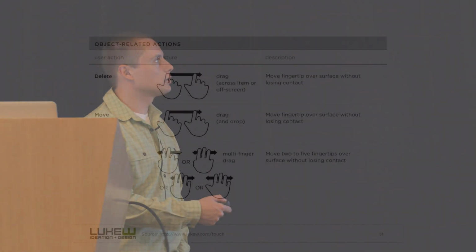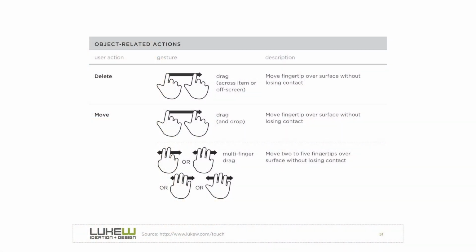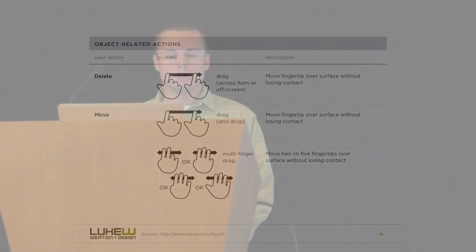If you look at object-related actions, swiping across an object generally is a delete function. And then you have navigation features around how to move things and move through things. So I won't dwell on this stuff. You guys can take a look at it. What I want to do instead is give you a couple little tips and continue with our exercise of redesigning